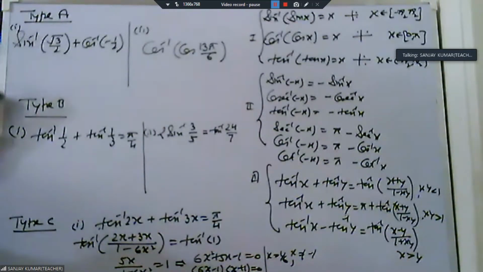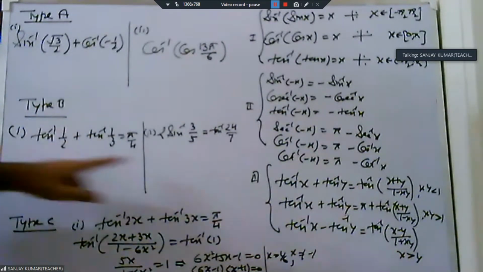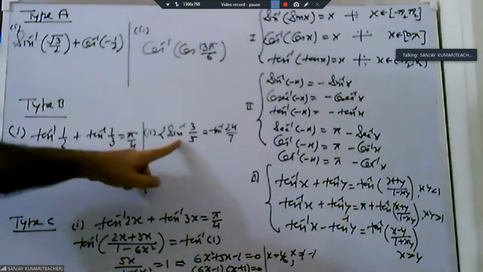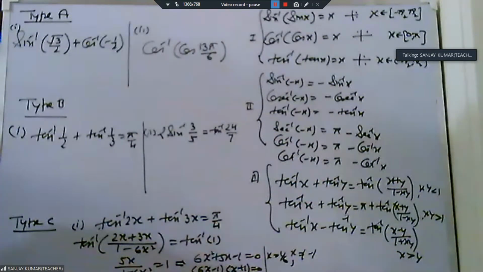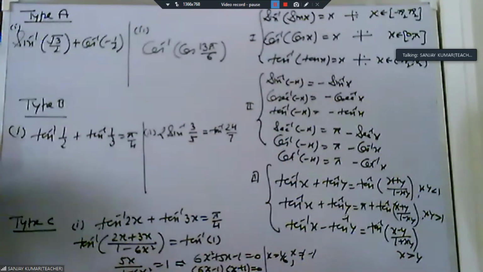Then comes type B. Type B is based on the formula, the third formula. In this, we are using these three formulas. So either you have both tan inverse or you have sine inverse, so you change by the help of a triangle, then you change into tan. Then type C, we start this. This is solve for x. So these three types we studied. ये तीनों type हम कर चुके हैं till now. Okay. So we again revise type A.